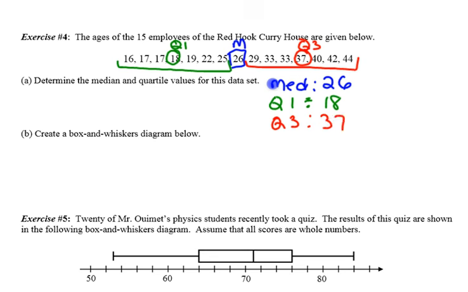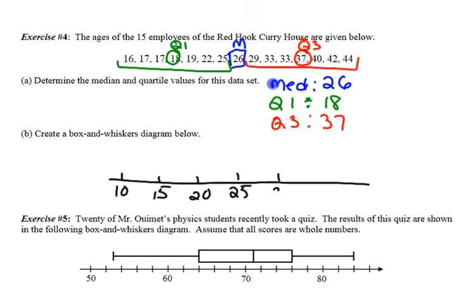Then it tells me to create a box and whisker diagram below. So I need to draw myself a line. We're going from 16 up to 44. So let's see, if I start, maybe I'll do by 10s again, or by 5s I mean. 10, 15, 20, 25, 30, 35, 40,